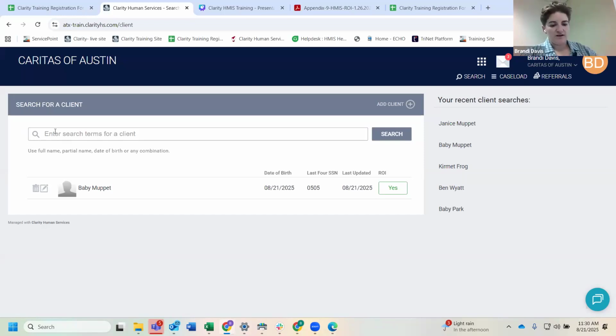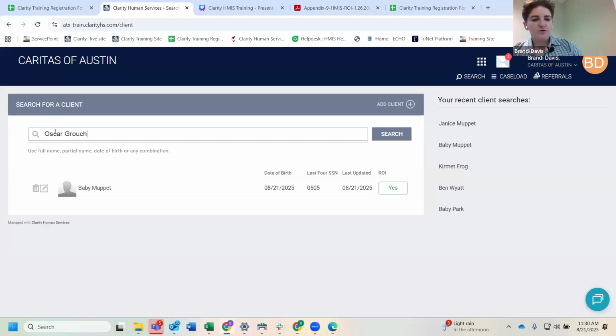So, all right, now we're going to add a child. I'm going to add Oscar the Grouch. What if it's a child that was living with, say, a mother and father who are divorced, and the child was living with the mother, but something happened, so the child is going to be with the father now? Do we still use their date of birth as their entry date? I think it would be the date that they're being added to your program and receiving services through it. So this is a case where the client's already enrolled and then the child is born. But if it's a situation of changed custody or something, it would be the date that they move in with that other family member.